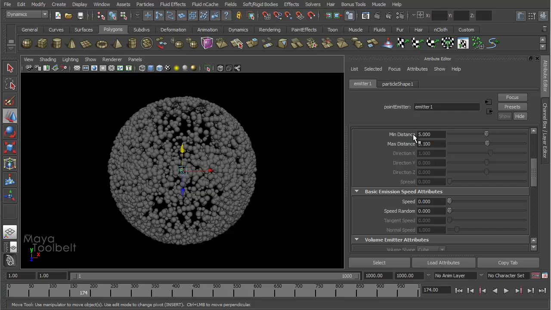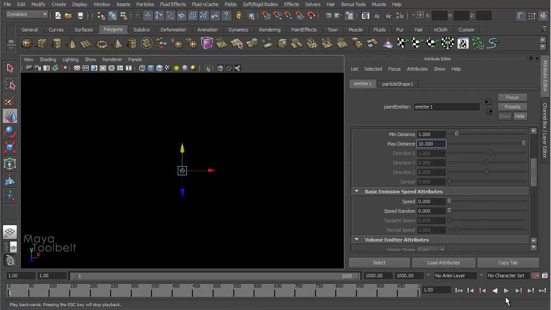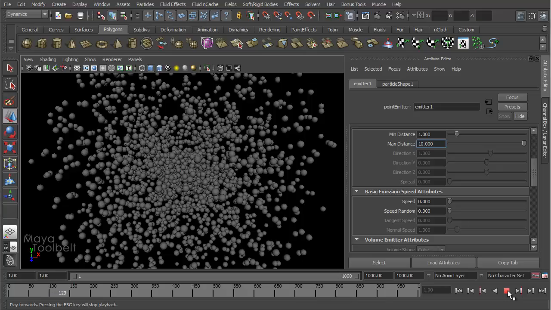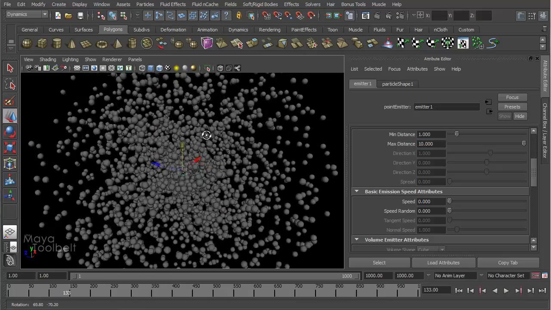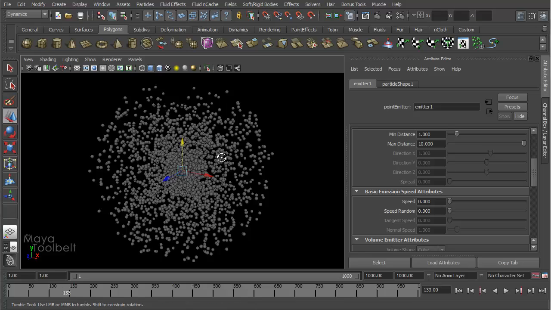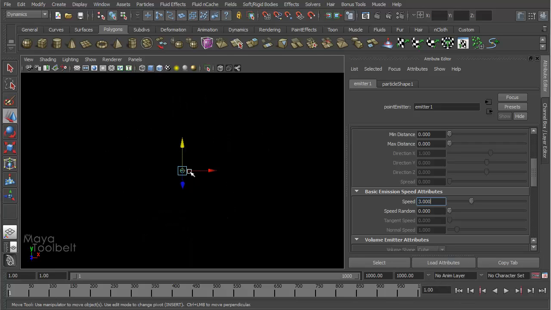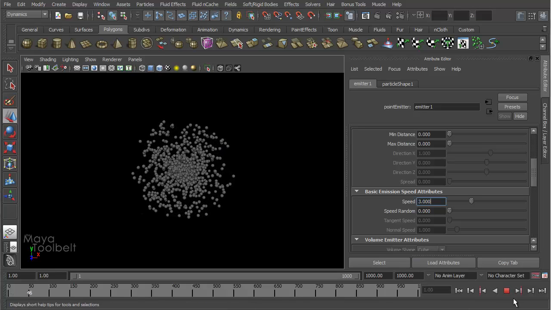If I change these values to say between 1 and 10, we're going to get a much broader spectrum or much broader range of where these particles can come from. So by putting these values back to 0 and increasing my speed, let's say to 3, then they're going to all emit from that one point. Instead of being emitted around the emitter, they're going to emit from the emitter. Hit play, and they all come from the emitter like this,